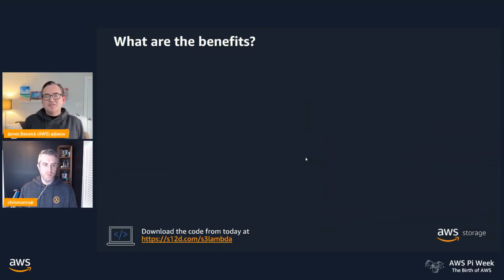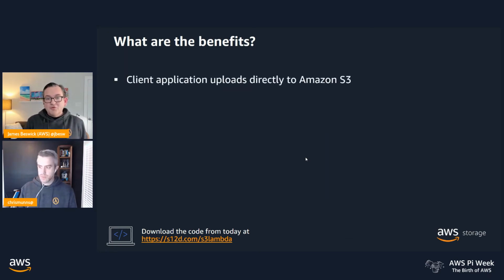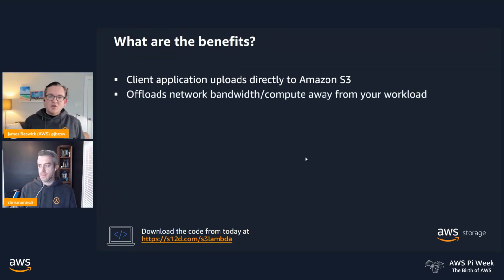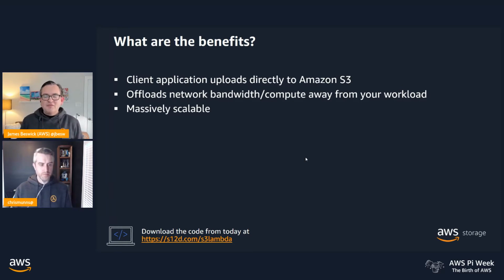So what are the benefits of doing this over the other approach with a traditional server? Well, first, the client is uploading directly to Amazon S3. They're not going through any sort of proxy in the middle, such as API Gateway or Lambda or a server. It's literally talking to the S3 service. And so this offloads all of your network bandwidth and compute away from your workload to the S3 service. S3 is massively scalable. So if you have the sort of mobile app or web app where you've got users distributed all over the country or the world, this can actually scale to meet all of the uploads that are